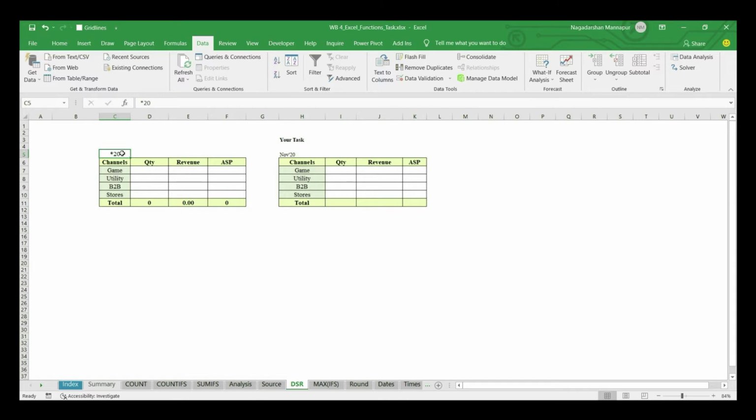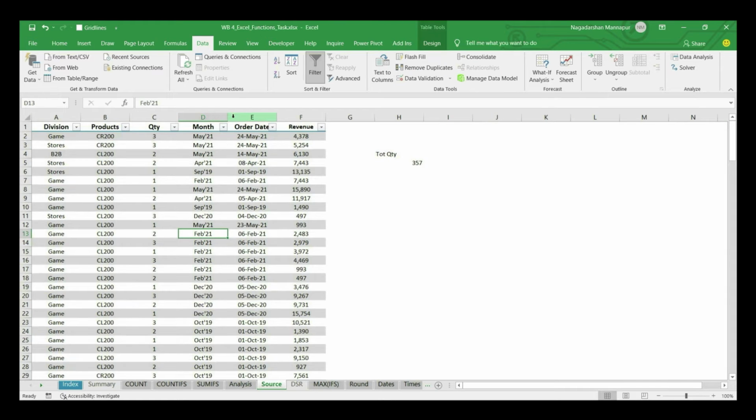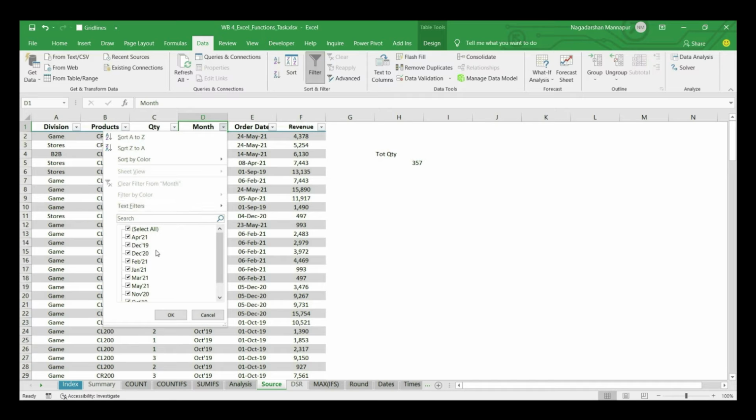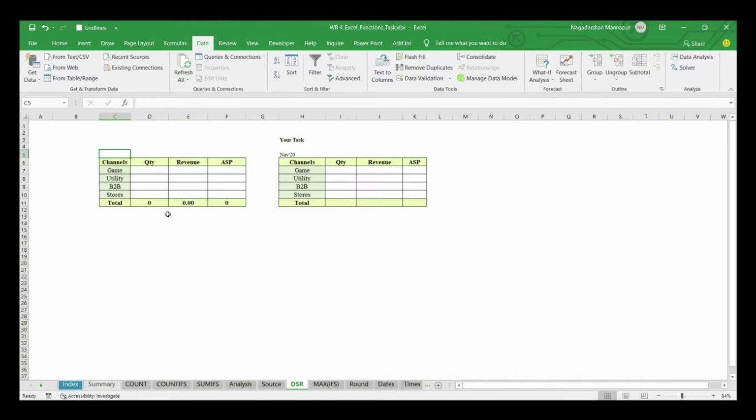Okay. So the first one, here we don't have 19 or 2020 or 2021 in a separate column. We have it along with the different month name. So it has to end with that particular 19 or 20 or 21. That's the reason we need to use the asterisk wildcard symbol. So for example, in the year 2019, all months together. Like that, we need to get the result here.